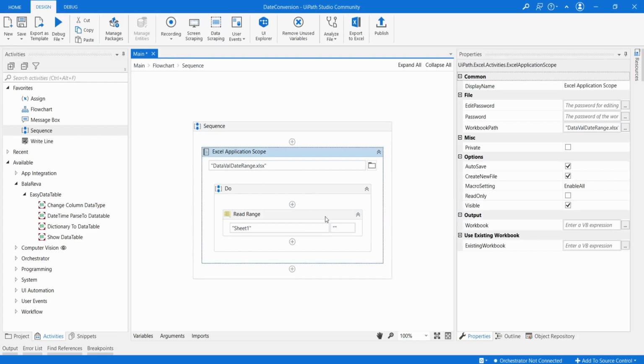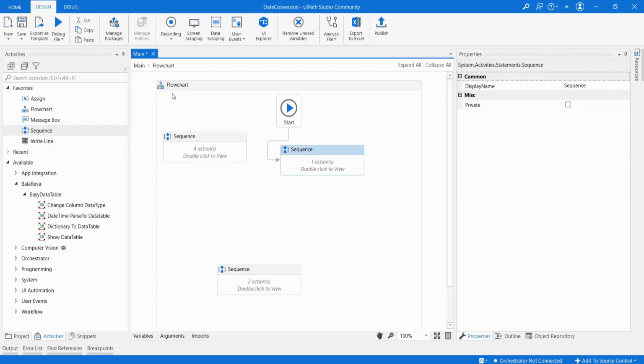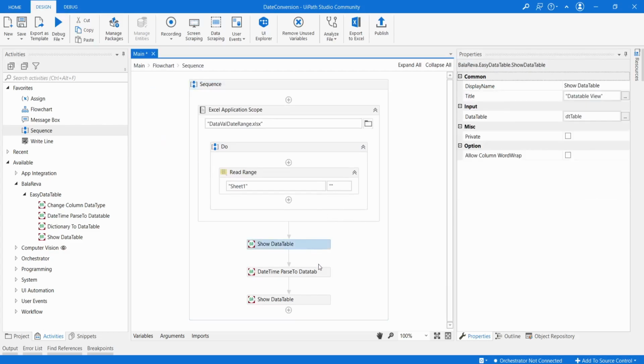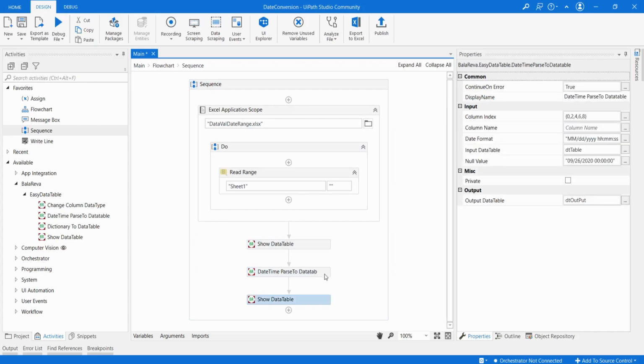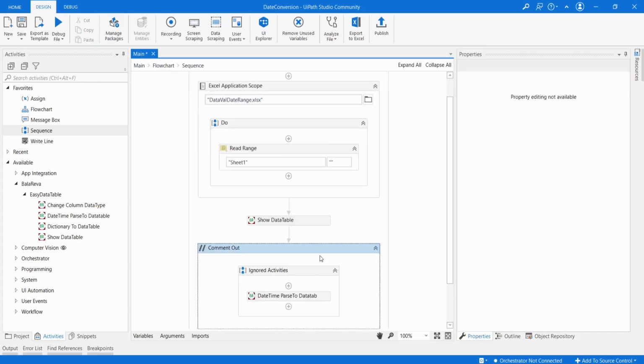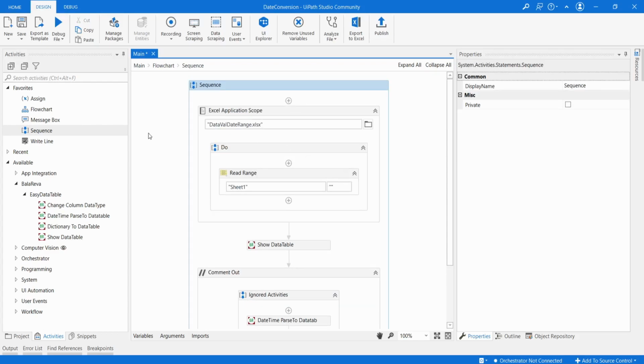Okay, and here I'm going to give preserve format. I'll copy these three activities also, and I'm going to comment these two, and we can see how it's giving the value format. I'm going to execute the process.